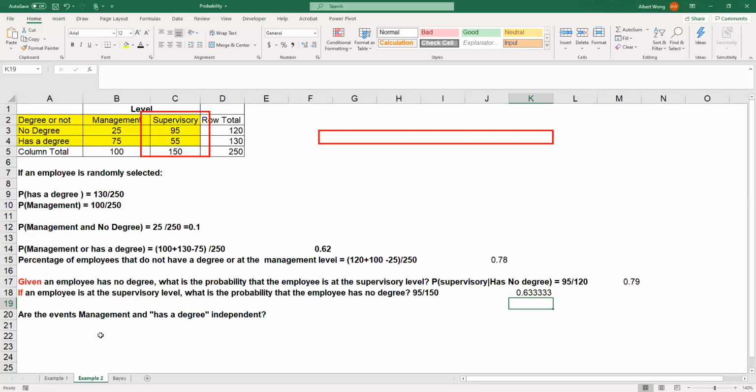Now, the last thing we can do, now that we know how to calculate conditional probabilities, is to check whether two events are independent. So in this question, we ask, are the events management and has a degree independent? Well, the question is not too difficult to answer, right? Why? Because all we have to do is to calculate the conditional probability of management